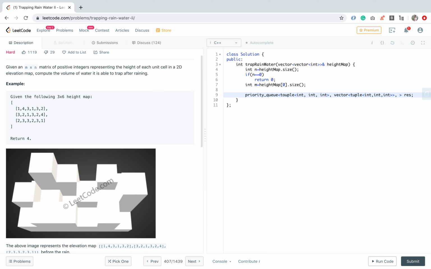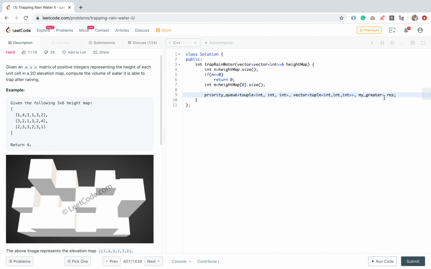Now we have to create our own class that compares the two tuples.